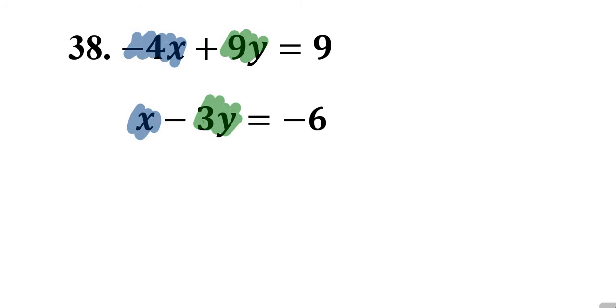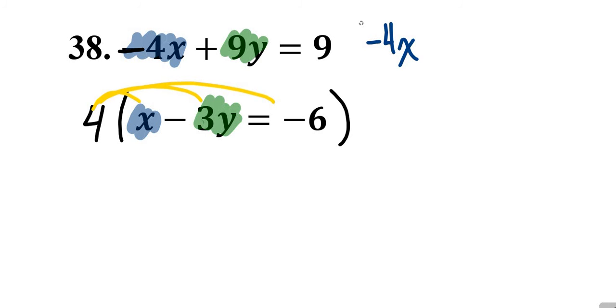But I notice, since this is already negative, if this were to be a positive 4, it would cancel. So to manipulate this equation, I have to multiply everything by 4. Because whatever you do to one variable to keep an equivalent expression, you have to do to every one of them. So we're going to multiply. We're going to recreate this as an equivalent expression. So I have negative 4x